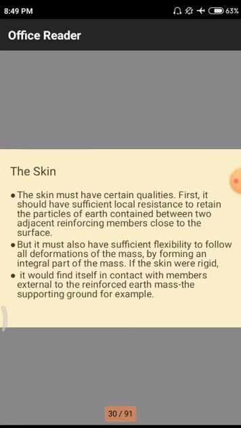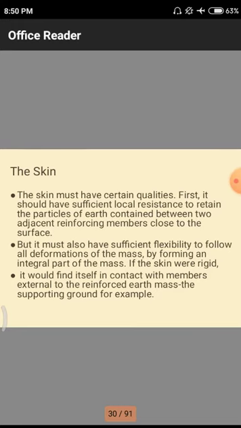Here we are simply taking steel, which has elastic properties up to the proportionality limit, so that it bears the stresses developed in the body up to a particular proportional limit. In forming the internal part of the mass, the skin is rigid. That means the total skin we are using for the purpose of reinforcing is a rigid material, which will not have any deformation characteristics. Only the steel has some deformation properties.